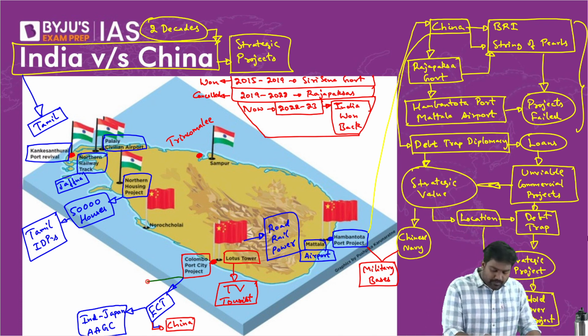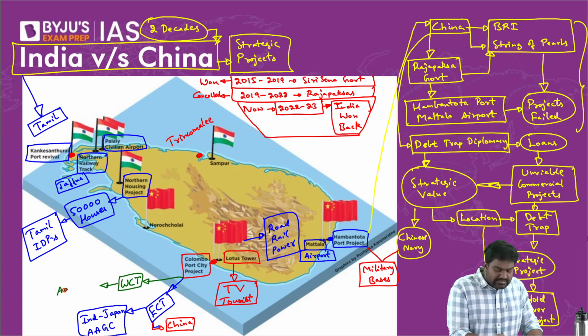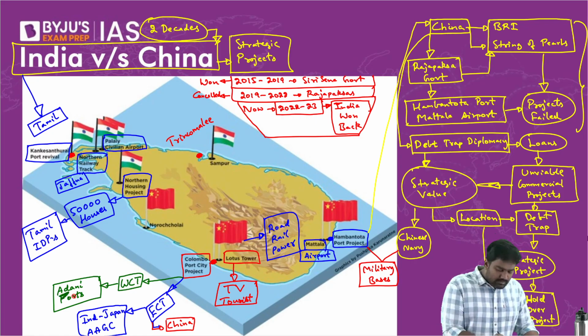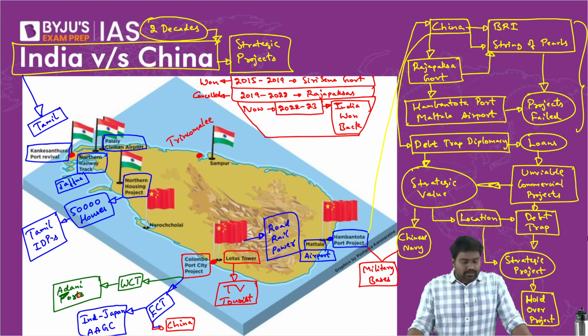But however, to please India, Sri Lanka has awarded the opposite terminal, the West Container Terminal project, to India's Adani Group. Adani Ports of India has won this vital project, but now Japan is unhappy. Japan is unhappy that it's been left out entirely, but India has managed to win back a key project here near Colombo, at the Colombo port itself. Even though the East Container Terminal has been given to a Chinese company, the opposite West Container Terminal has been awarded